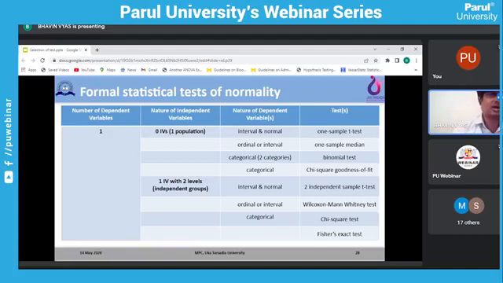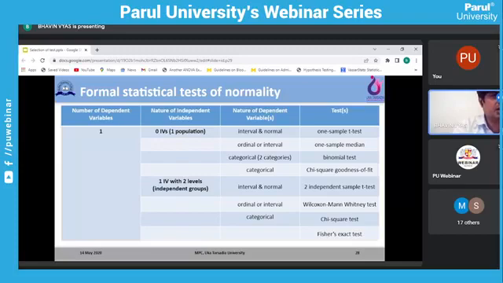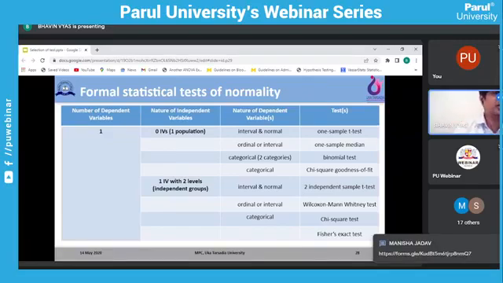This slide explains that you have one dependent variable and you don't have an independent variable. In the previous slide, the condition is this type. For example, I want to know what the change in blood glucose level is when I administer a drug to the population. The standard value I have is 120 milligram per deciliter. So I don't have an independent variable; I only have the dependent variable, blood glucose level.